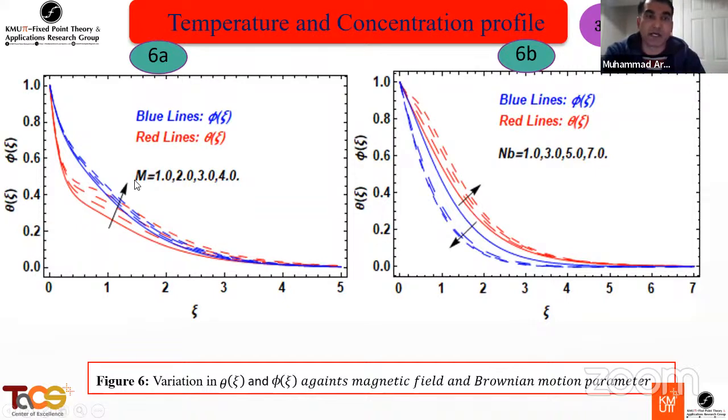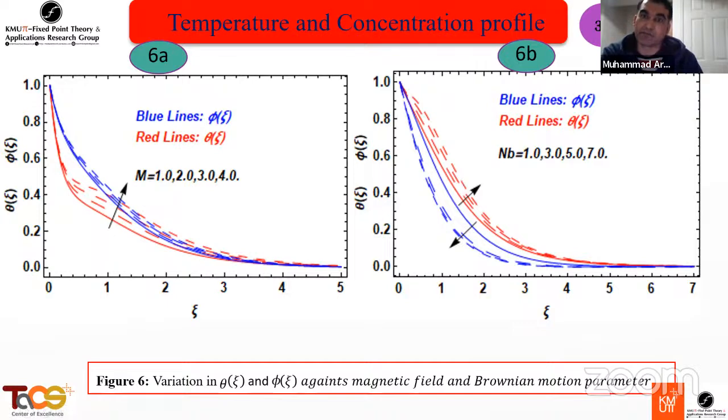That's why it affects the temperature and concentration of the Williamson and micropolar fluid, which is flowing on the stretching sheet. So increasing this magnetic parameter is responsible here for increasing the concentration and temperature of the fluid in figure 6a. From figure 6b, we can see that